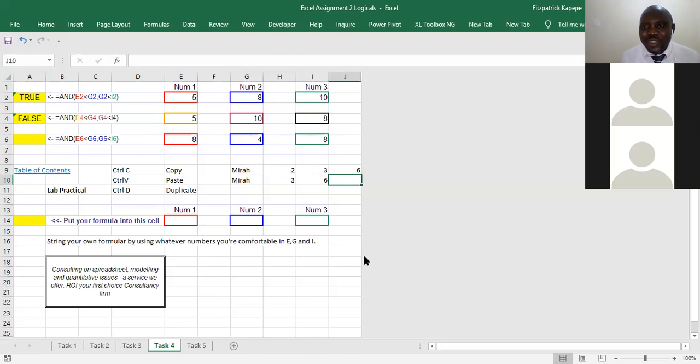So there are times when you want to pick the formula in here. You want to bring it there so that you also multiply 3 times 6. You don't want to redo that. Some people do a long cut. They'll say, Control C, copying, then I'll come here and say Control V